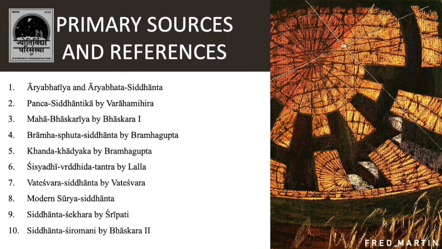Then we have the 6th number of Shishyadi Vruddhidha Tantra by Lalla. So Lalla was yet another astronomer and mathematician. I'm not sure about the time period exactly because this text is not really well documented. So all we know about this text, Shishyadi Vruddhidha Tantra, comes from the commentaries which have been written by Bhaskara II and Mallikarjuna. So both of them are mathematicians, and from their commentaries we have certain well documented records about Shishyadi Vruddhidha Tantra,